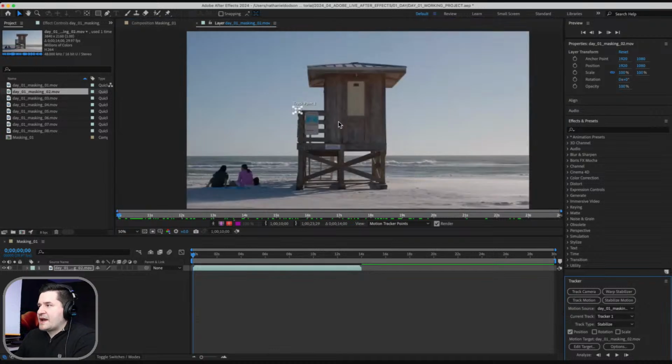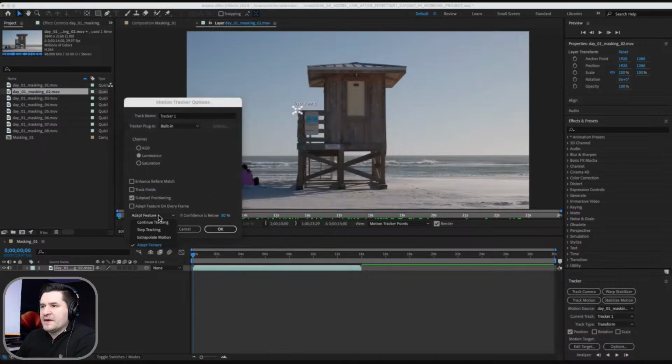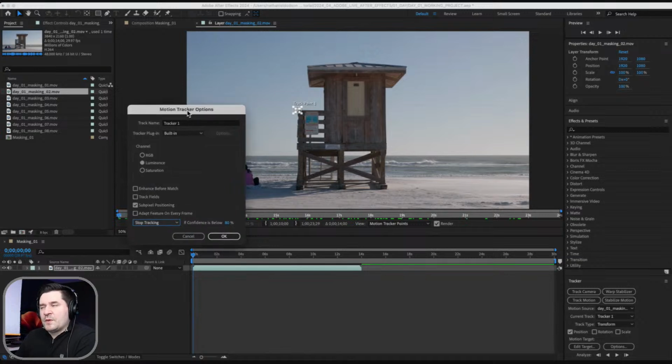So there we go. We have our tracking point. And down here, I am going to choose my options button, and the motion tracker options dialog will pop up. The only thing I'm going to change is choose stop tracking, I should say. And we probably are not going to have an issue with this video because this is pretty clear cut and dry. But this is just going to stop the tracker if something goes wrong, if Adobe After Effects confidence is